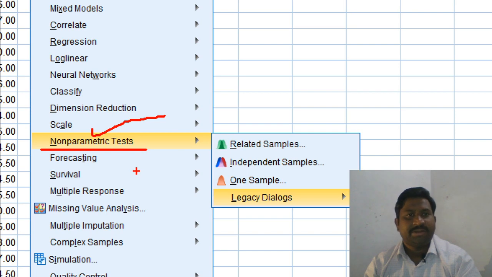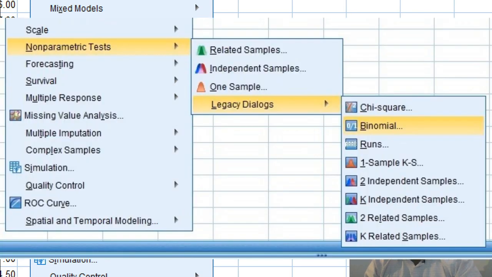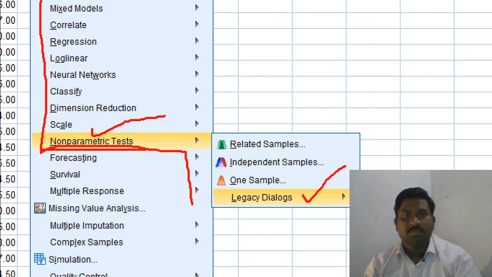For any non-parametric test, you have to come here. Here you have to click on Legacy Dialogs, and in Legacy Dialogs, you will click on Binomial. So this is the path to calculate the binomial test. Let us start.